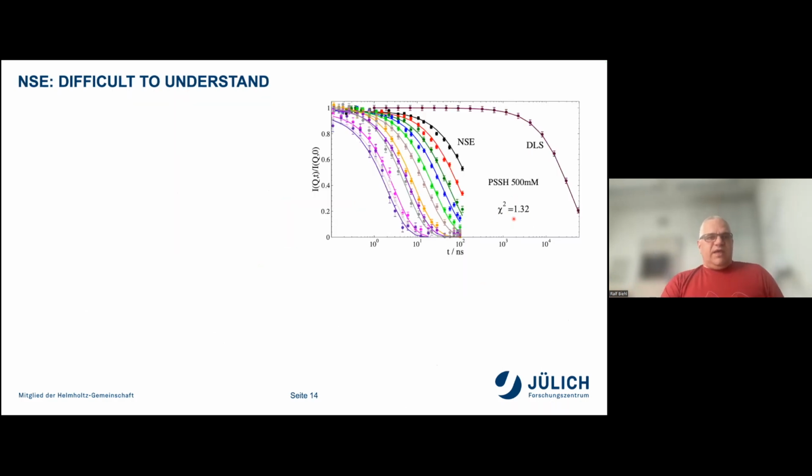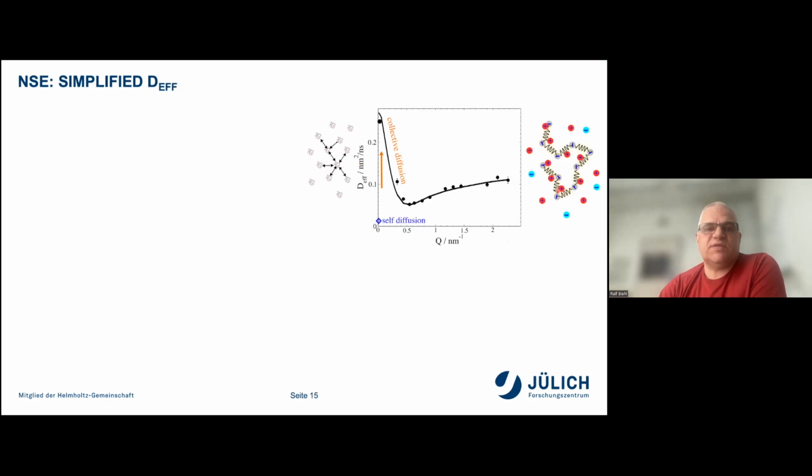For that, we do spin echo. Here's a typical measurement of these samples together with the dynamic light scattering. We do a combined fit. But it's a bit difficult to understand what we see, and whether the fits are really good. Therefore, I take just an effective diffusion. I fit everything with a single exponential to get an effective diffusion, and then it's a bit easier